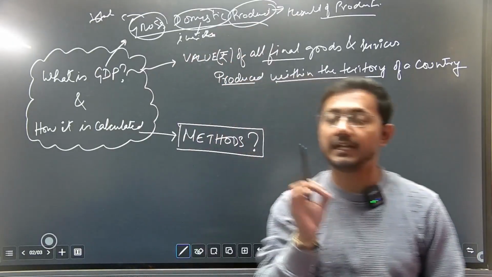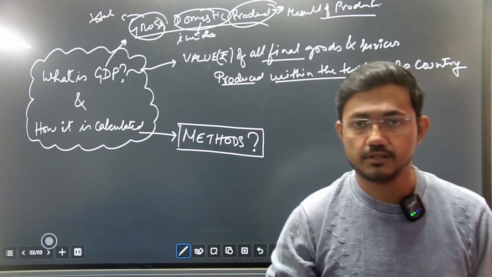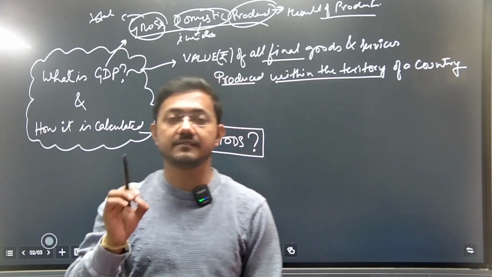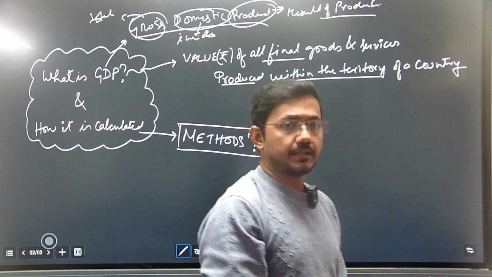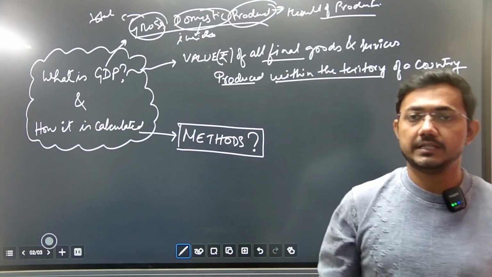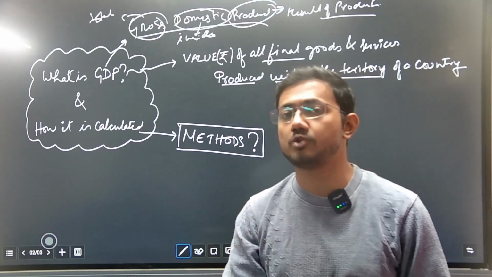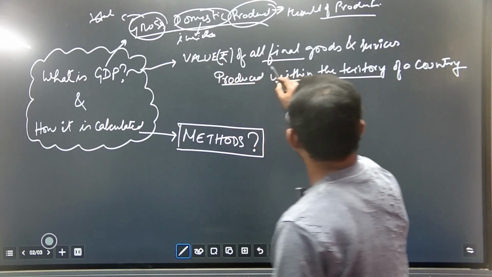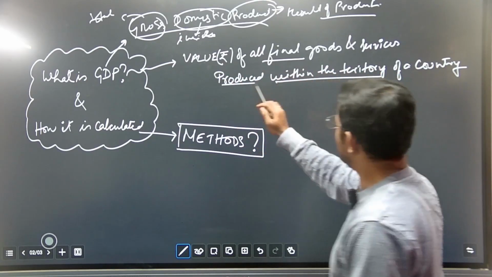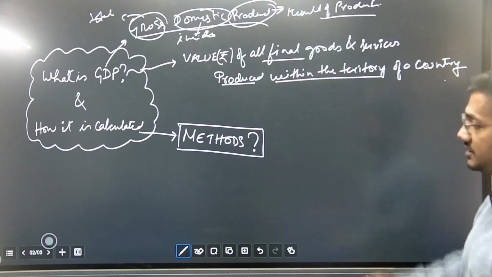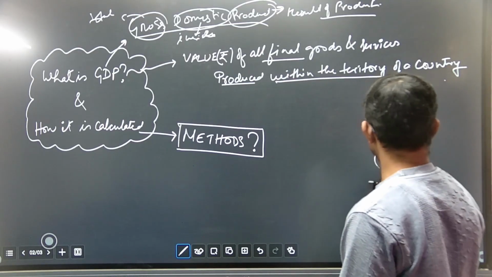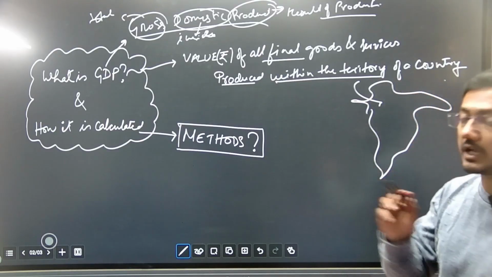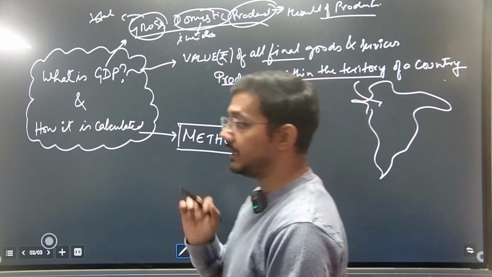Means in a territory of a country, whatever final goods and services are produced, the value of all of it is considered as the gross domestic product. What does the definition say? The definition says: value of all final goods and services produced within the territory of a country. If this is a territory of a country, then inside this, whatever production will be there of final goods and